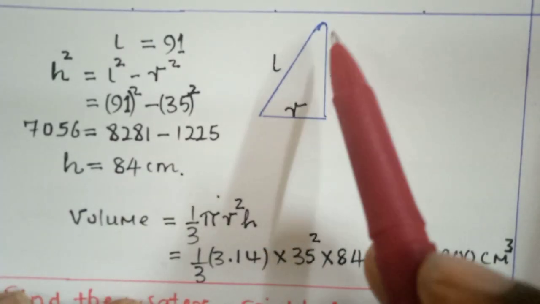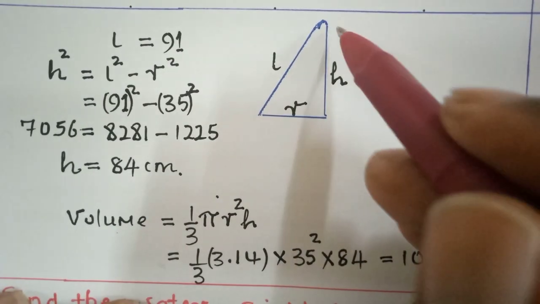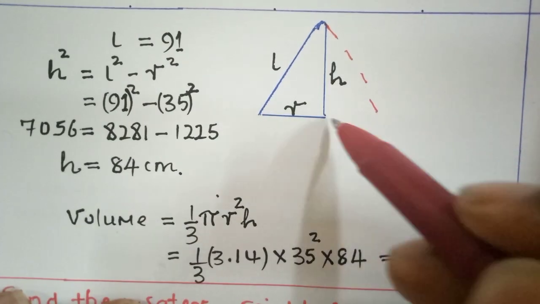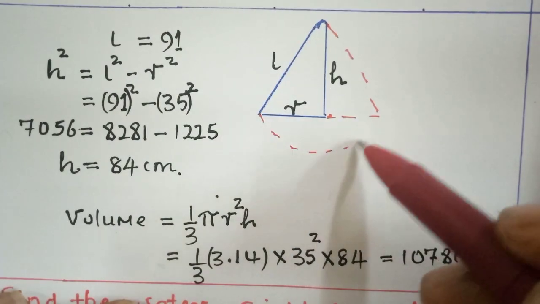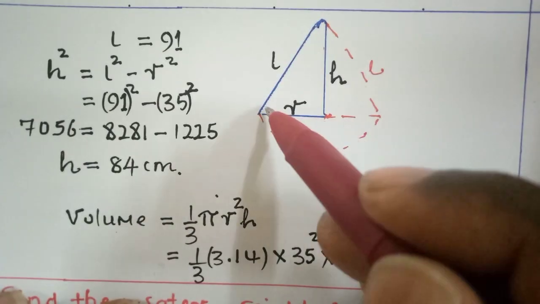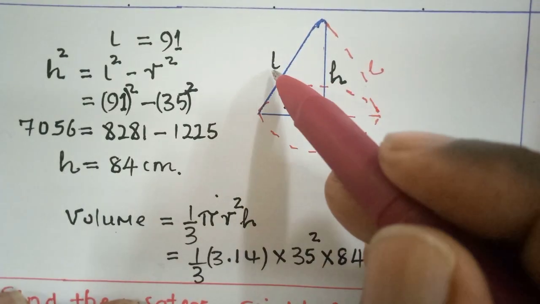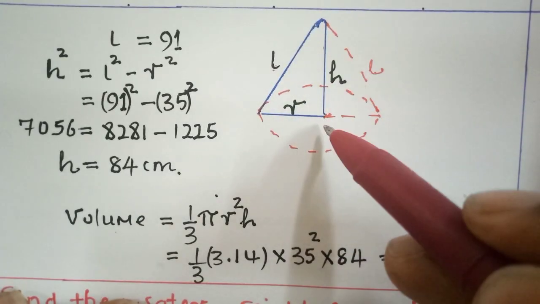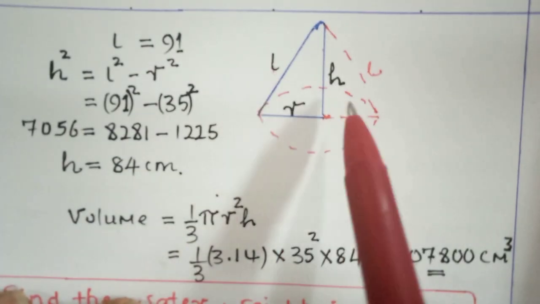So guys, when we draw that cone, of course this cone is supposed to be something like this. Now we have divided it, and it is actually supposed to be like that. So this is L, this is also L, and then we have the H here. So this is the arrow we are looking for. Here we have given the radius and we have the height. So we can now be able to get the L, because having the height,